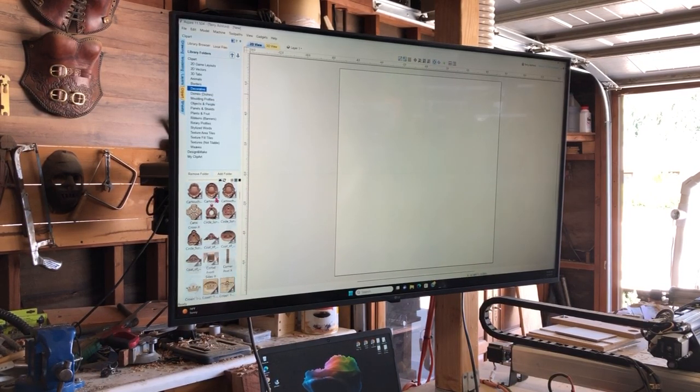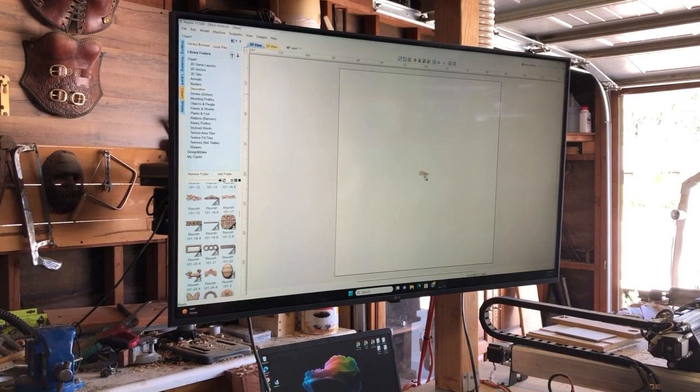If you want to make your own little things, I found that they provide you with a lot of stuff, but with Aspire you can make your own. So if you choose like this flourish, let's say, we'll select it right here,